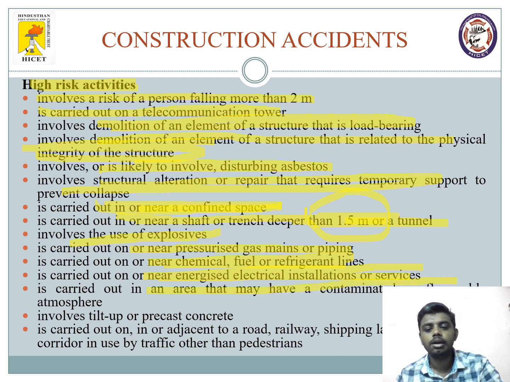Then if you have any contaminants in the atmosphere, right, any contaminants related to chemical hazards or dust or anything, then that is considered a high risk activity. Then tilt up or precast concrete. If you are talking about tilt up or precast concrete, then that is a high risk activity. Or work carried out adjacent to a road, railway, shipping lane or other corridors. Like if you are doing any construction work near another existing transportation line, then that is a very high